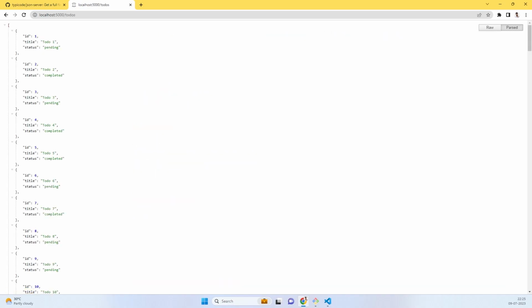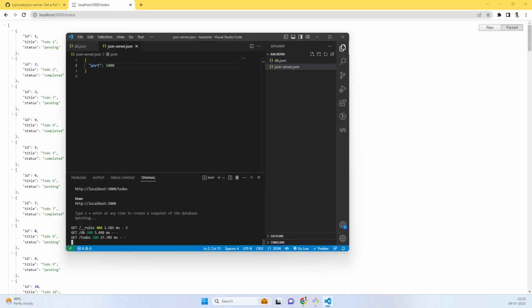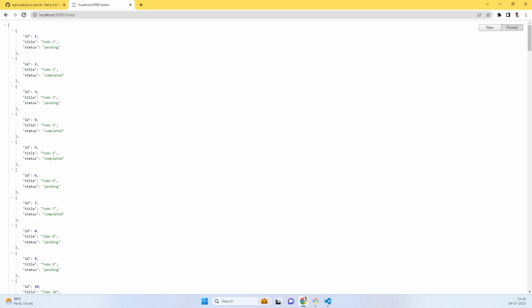Yeah, you can go into to-dos and list all the to-dos here. And there are different options you can go and explore. Again, in my use case, I wanted some delay for the API to give the response. So it is delay, I guess. If I give it a delay of 2000 milliseconds, let's say. Now you can see the GET request happened and it took 27 milliseconds. Here it took 5 milliseconds, and that is a 404. That is not what we wanted. If I refresh it,